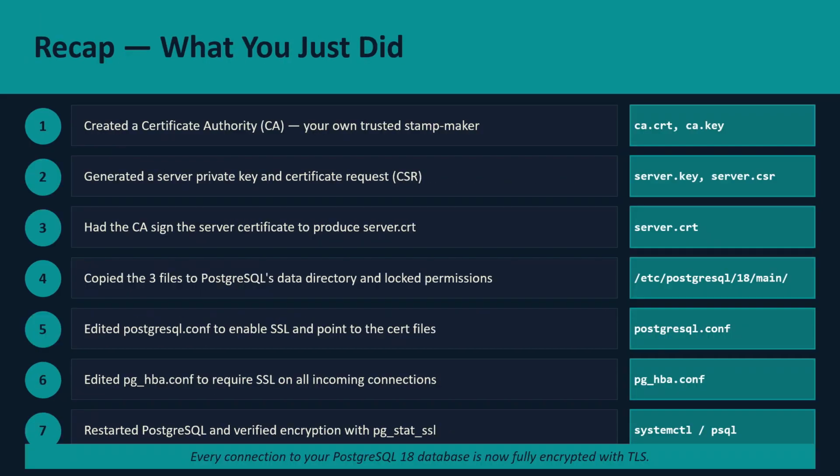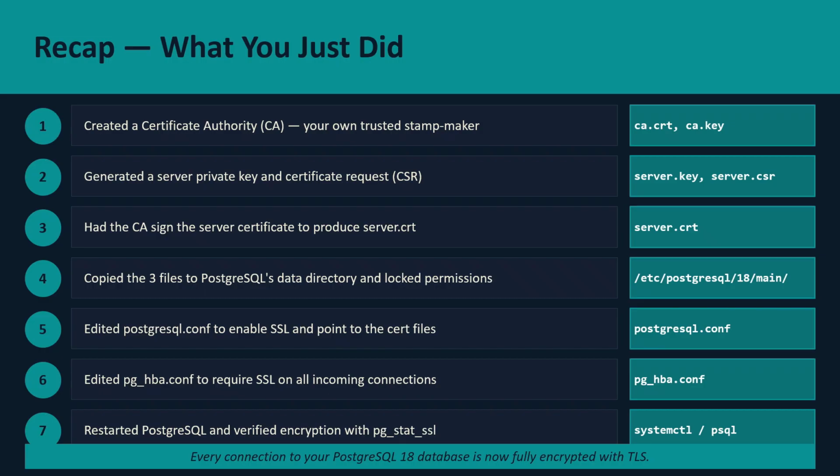Now, that's the recap of what we have done so far. Let's take a moment to appreciate what we have done. We started from zero and built a complete SSL and TLS encryption setup for our PostgreSQL database. In step 1, we created our own certificate authority, and later on we generated the server's private key and a signing request. And in step 3, we had the CA officially approve and sign the server certificate, and